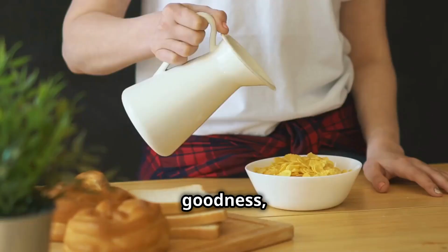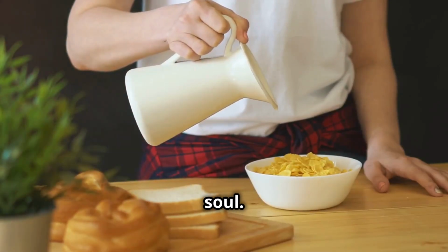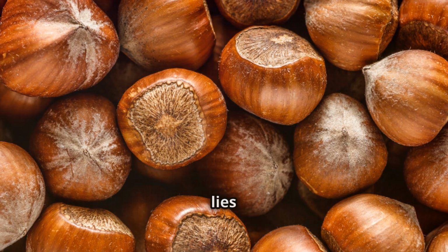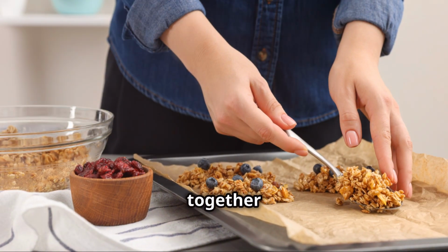It's a tapestry of goodness, woven together with simple yet wholesome ingredients that nourish both body and soul. Every bite is an adventure, a journey through contrasting textures and complementary flavors that leave you feeling satisfied and energized. The beauty of granola lies not only in its individual components, but also in the way they come together to